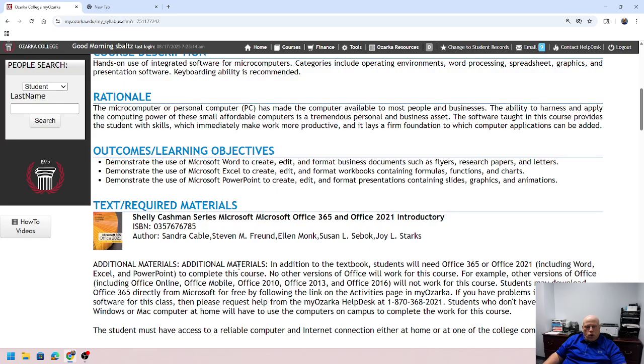But basically, when you go to purchase your textbook for this course, whether you buy it in the college bookstore or somewhere else, just make sure you verify the ISBN number right here. Make sure you're getting the correct textbook. Also, it's important to get your textbook as quickly as possible, preferably sometime during the first week of class. So don't wait until the second or third week to get your book, because then you're going to miss the first few sets of activities. So go ahead and get your book as soon as possible so that you can get started on the activities